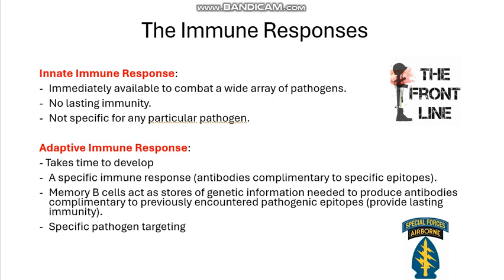The adaptive immune response also produces memory B cells, which provide lasting immunity to the pathogen because it stores antibodies that are complementary to pathogenic epitopes, so pathogenic proteins. So if we ever encounter it again, we just activate these memory B cells into plasma cells. The plasma cells produce antibodies that are going to stick to the pathogen, and these antibodies are going to make